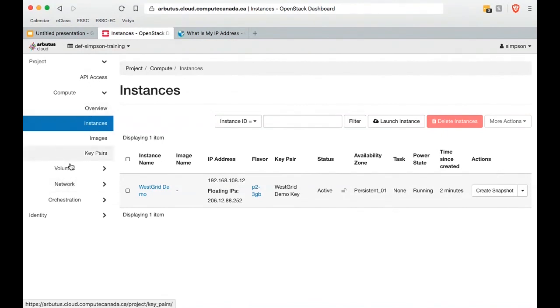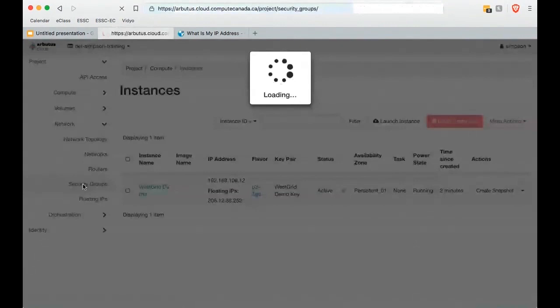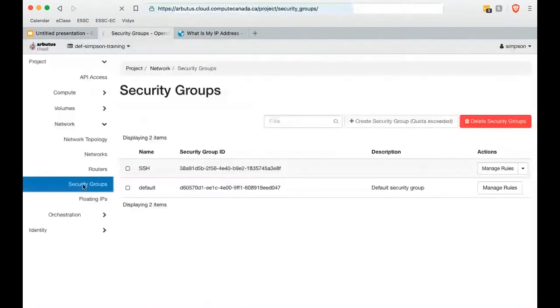So we're currently looking in the compute panel. If I click the network panel, there's an option here called security groups. Now, I hadn't fully cleaned everything up last time, so I do have a security group that I don't want right now. I'm going to delete it. We'll pretend it wasn't here. So to delete it, I'm just going to put a little check mark in the box beside SSH. If you were coming in here and it was truly empty, we would have default open. So I've clicked SSH, and I want to delete that security group.